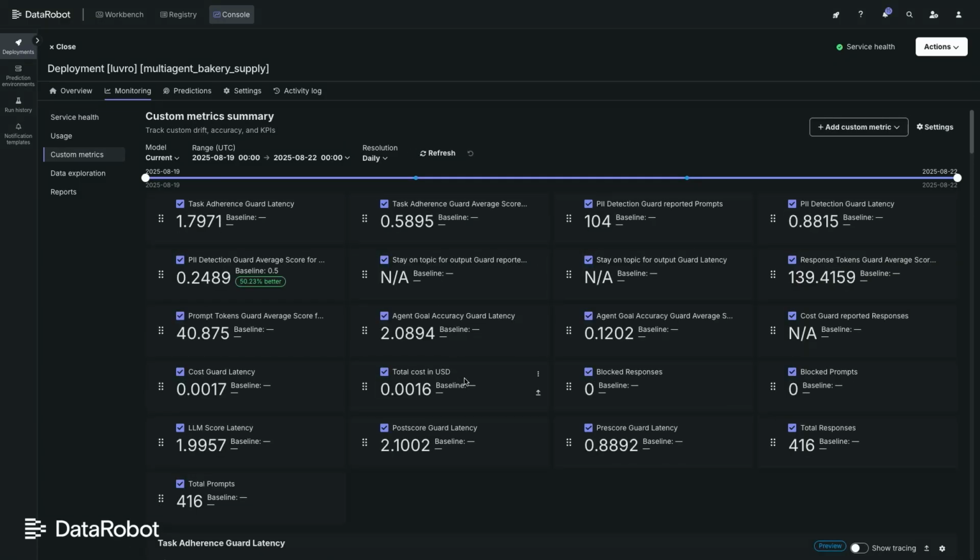For my agent, I can define a metric of cost. I can define cost as tokens per million, or I could define a cost that's use case specific in terms of savings or revenue generated or however that might be. But most importantly, we can use this cost metric to allow you to do some chargeback across your organization and make sure that everybody is contributing to keeping up your agentic workforce.